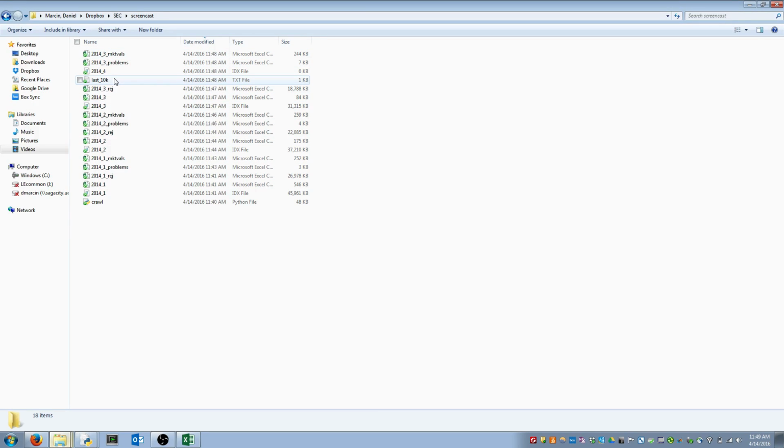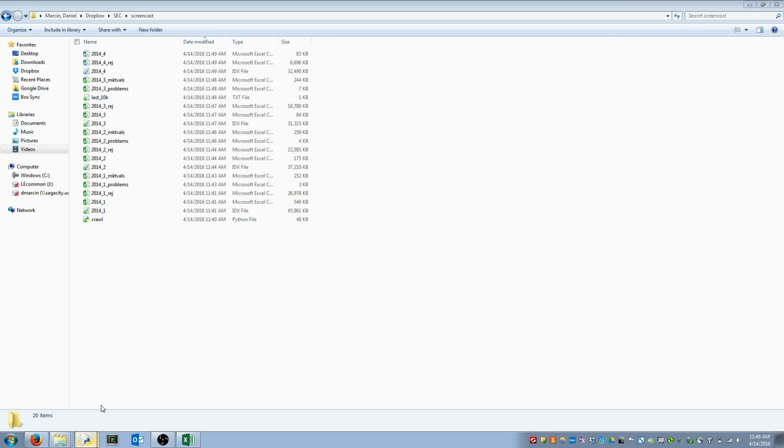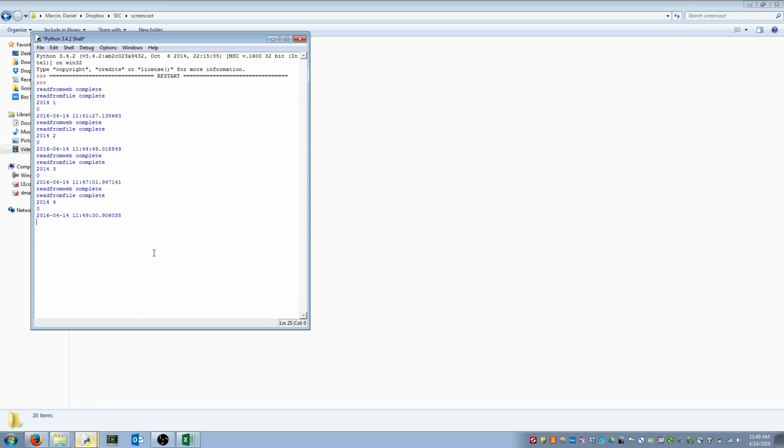I've also programmed something called last 10K, which will tell you in case of any debugging or if there's an error. You know, it gets like 6,000 10Ks in, but then it crashes. Well, which one did it crash on or after? I have a text file that prints last 10K. Anyway, it's now downloaded and saved these 2014